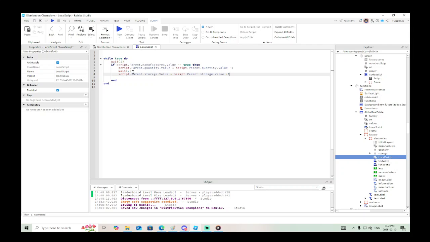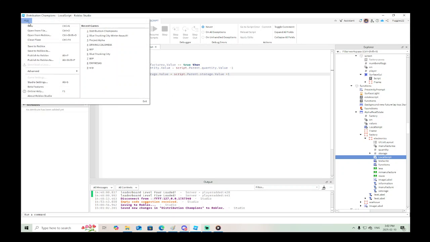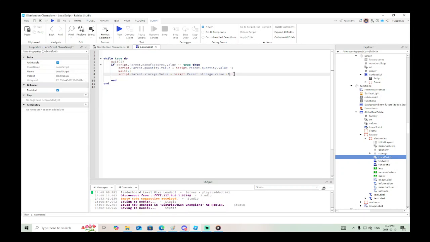Now in between here is what it's going to do, whatever it's going to do, right? So obviously, let's just test this. Let's see if the values change and if the numbers are saving. But that's basically it. You're going to press manufacture, and then this is the loop that it's going to do